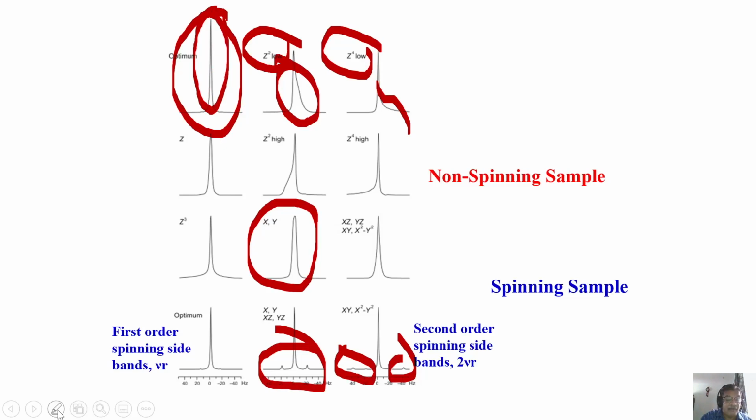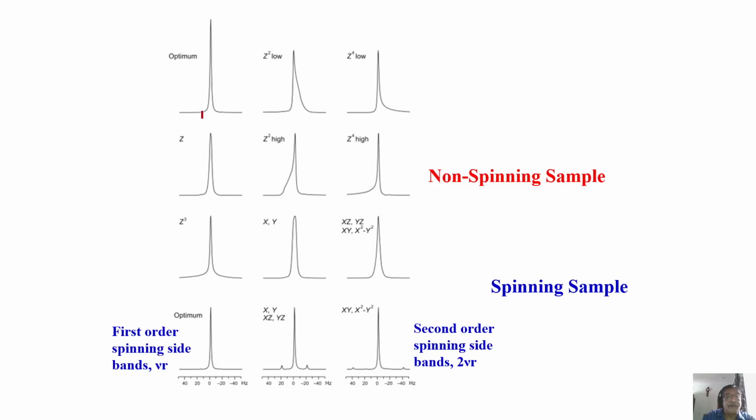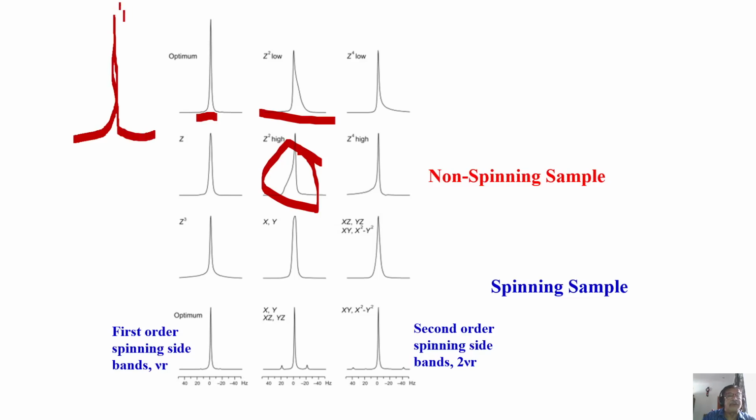See, remember here, this line shape is very good, but this is not a very good line shape. This is not a very good line shape. So the line has to be perfectly a Lorentzian: start like this, go like this, and then come like this. And this is not a good shape, what I have written. But in principle, you will have to get a very good line shape.